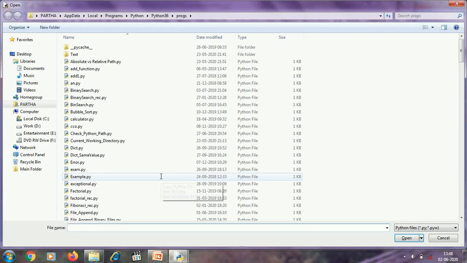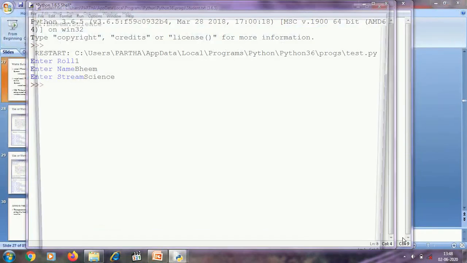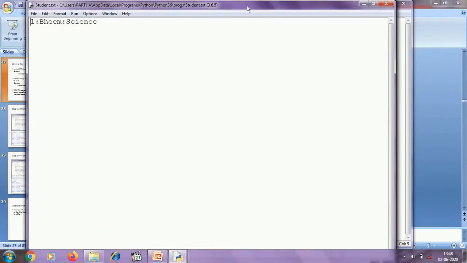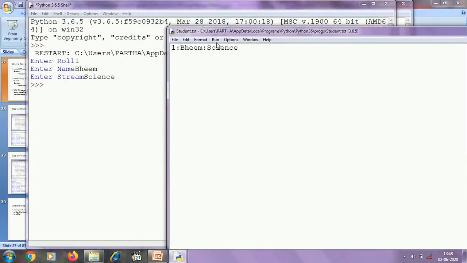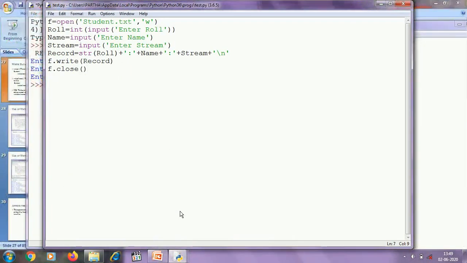Let's check. This is the text file student.txt, and I have written 1 colon Bhim colon science. So using the write method we can write a single record at a time.